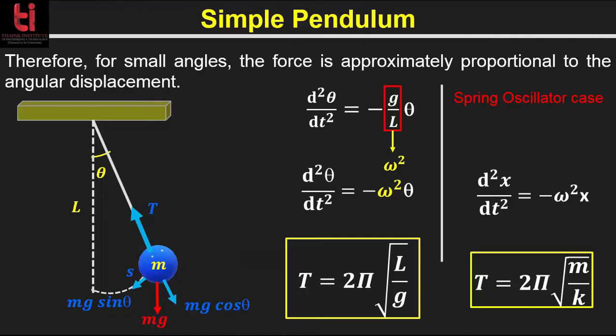From the expression of the period, you can see that it is independent of amplitude for oscillations of small amplitude, and that is why the pendulum is so useful as an accurate time tracker. Importantly, the period does depend on the acceleration due to gravity, and therefore the period of the pendulum provides a way of determining the value of g.